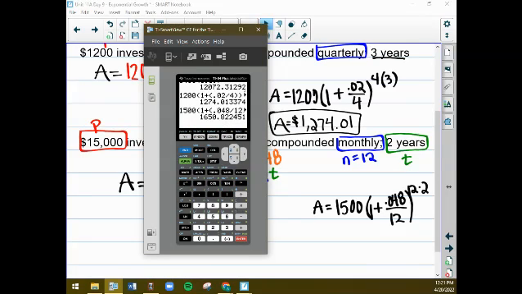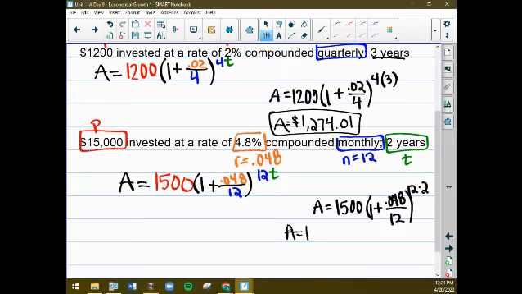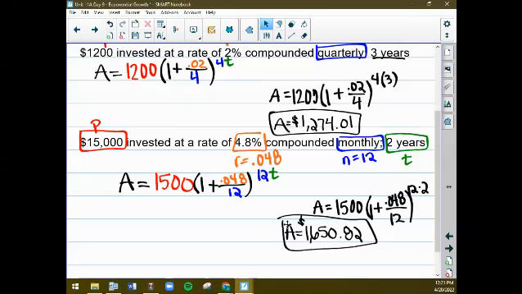And I get 16,650.82. So I invested 15,000, and now I have 16,650 after 2 years. That's how exponential growth